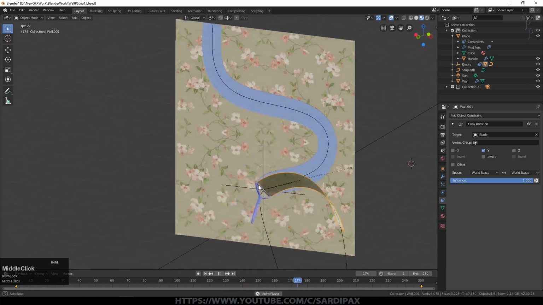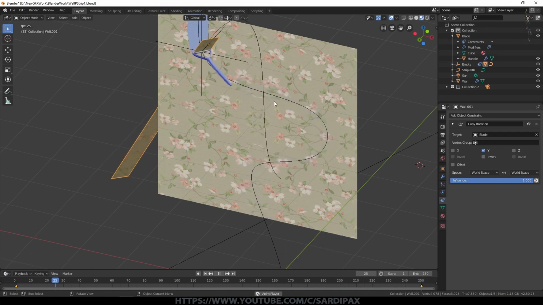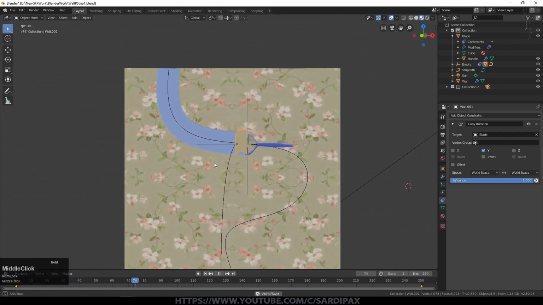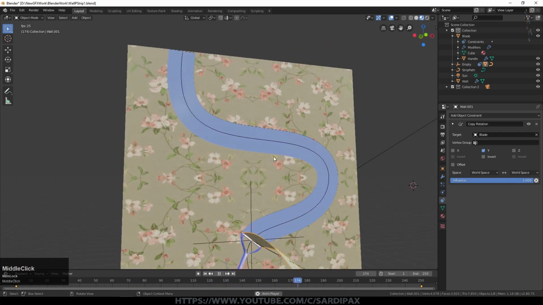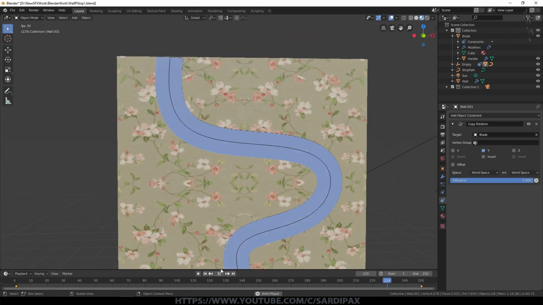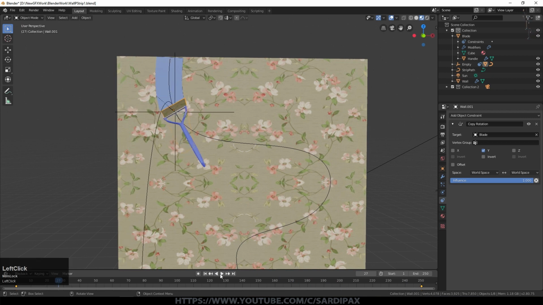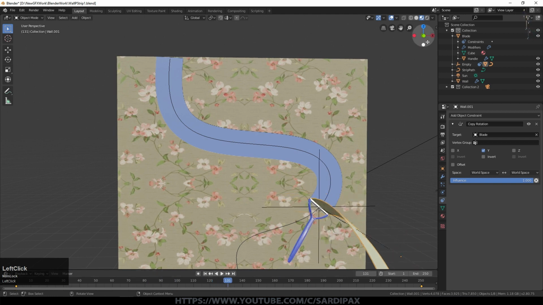And if you want to be very finicky, what you can do is try to align the material on our wallpaper with what's being stripped off the wall. Generally speaking, it's not going to be that noticeable. And that's all there is to creating a strip coming off a wall. And I'm sure you can come up with many other applications for this technique.